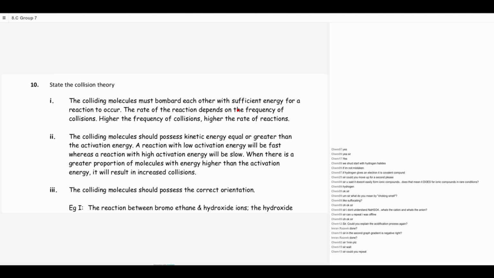So in fact, more than the frequency of the collisions, the most important factor will be the energy of the collisions. No point increasing the frequency if the reacting molecules do not have sufficient energy. They're not going to collide and they're not going to react. Clear? So the greater number of molecules with energy higher than the activation energy will result in greater frequency of collisions, I mean, greater number of collisions per second. That will